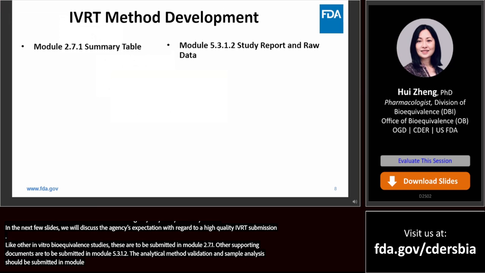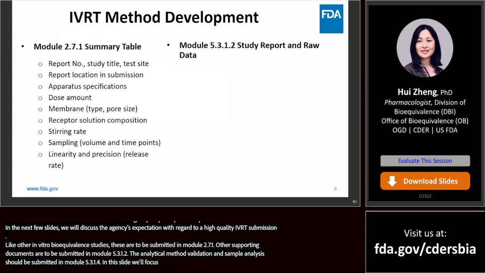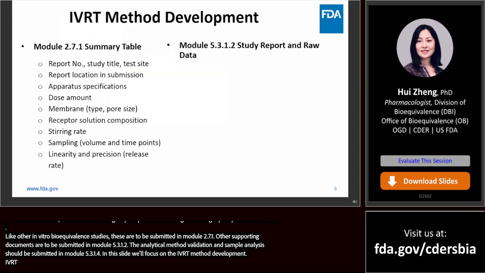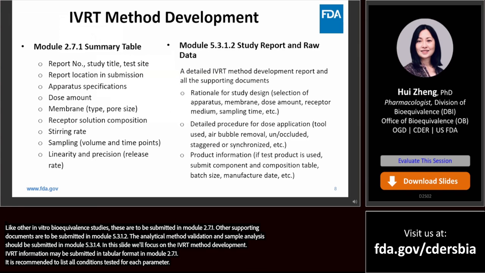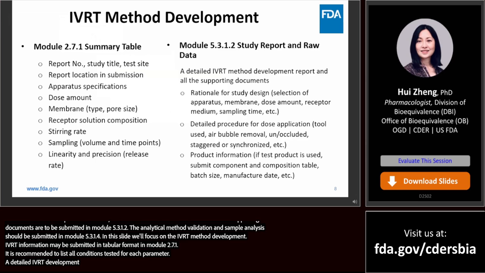In this slide, we will focus on the IVRT method development. Summary information relevant to IVRT method development, including but not limited to the following information, may be submitted in tabular format in Module 2.7.1. Given that multiple conditions may be tested to optimize your IVRT method, it is recommended to list all the conditions tested for each parameter. A detailed IVRT method development report containing the above information as well as supporting documents should be submitted in Module